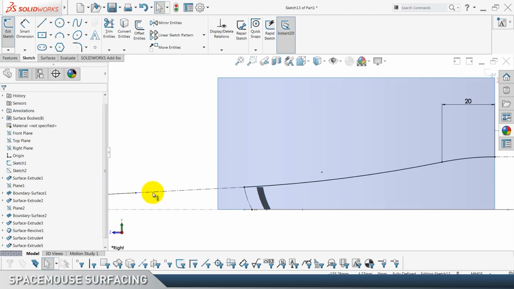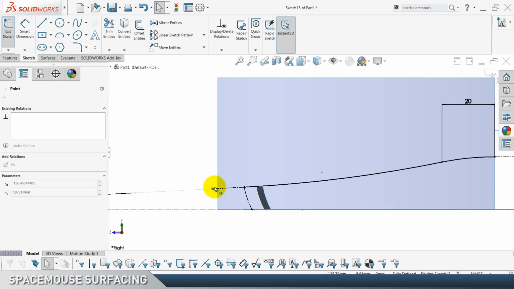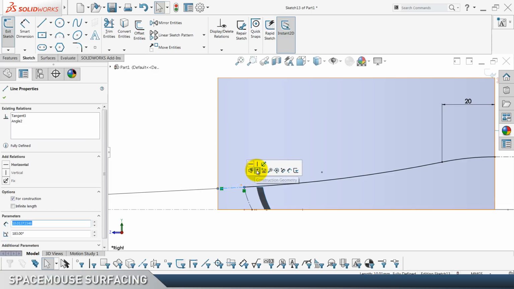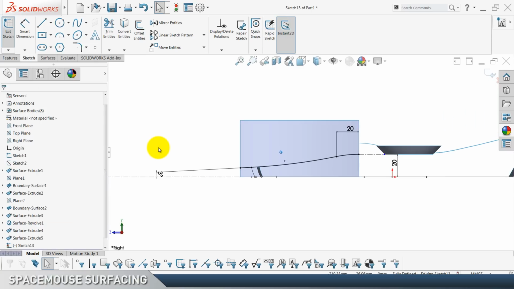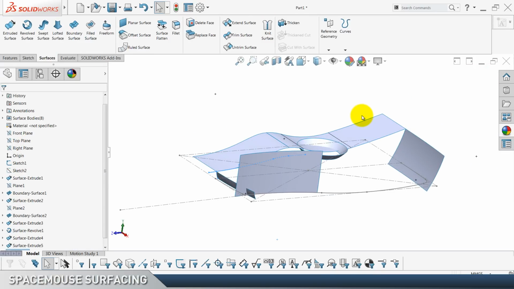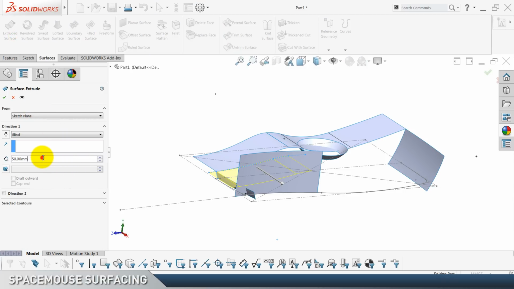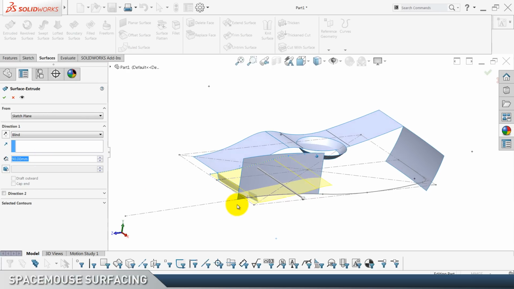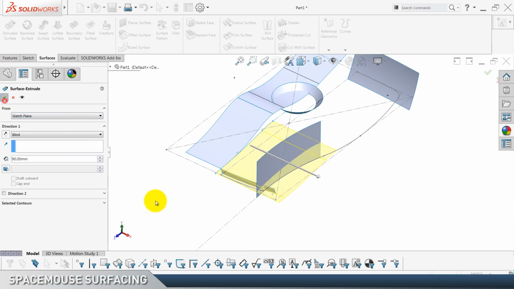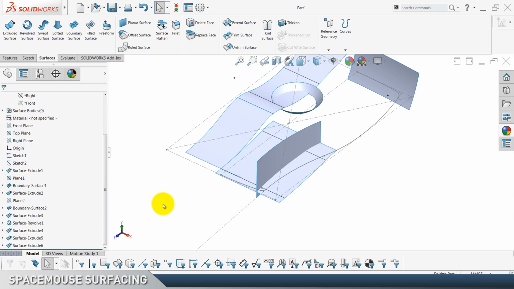Now we can actually switch this one. Let's drag it till this edge and switch it to the line, which means it's not construction line anymore. Exit the sketch and we can extrude this by 90, and this is direction. Click OK